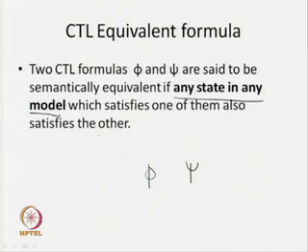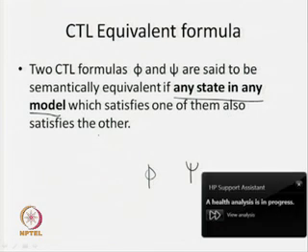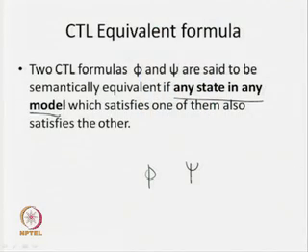That means if we say that two CTL formulas are equivalent, they must have the same truth values in all states of any model. If we consider any state, if phi is true, then psi must be true in that particular state of any model. So, if we look at any models, then both must be true or both must be false in any state. Then we say that these two formulas are equivalent. Now, we know the syntax of CTL formulas and the semantics of CTL formulas. Now, we will see what equivalent formulas we have in CTL.